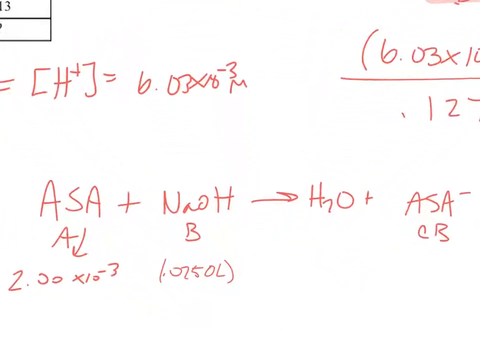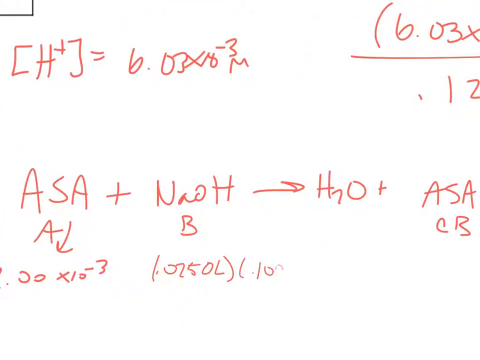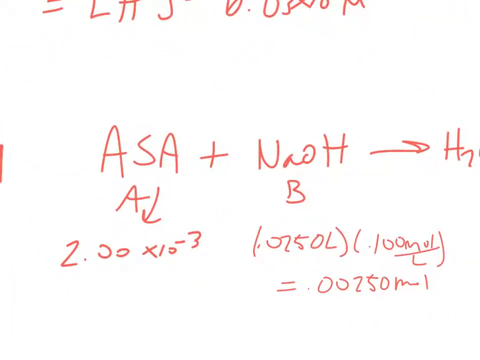Zoom back in down here and multiply by 0.100 moles per liter to get 0.00250 moles of that stuff added, which is basically more than this acetylsalicylic acid. If I expand this out, I have 0.00200 moles. So I'm going to be adding, if I subtract, because acid adds to the base,